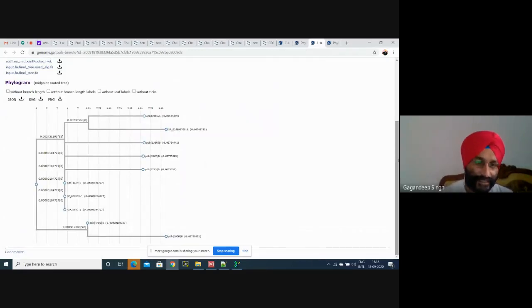Now we can easily predict which sequences are closely related and which are distantly related. Which was the main sequence? How much distance is there? You can easily find it. For example, these sequences have a common ancestor and are in the same cluster, and this sequence has a separate cluster, and this sequence has a separate cluster, which means there is a difference.